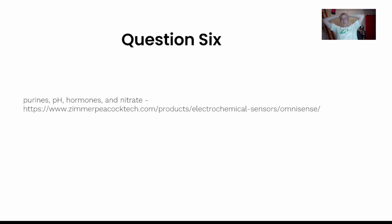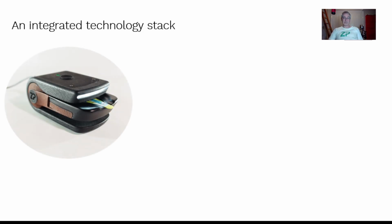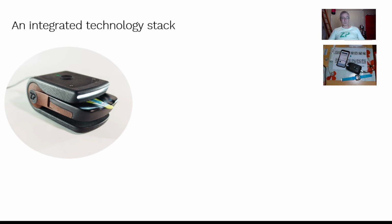Question number 6. A long-time colleague of the company is interested in purines, pH, hormones, and nitrate. And ZP, we do have this Sensi-All platform. Now, this is also a potentiostat, but it can detect analytes. So in this particular case, the person's interested in purines, which I don't have a QR code for, but this instrument is being used at the moment in a clinical trial in the UK for screening